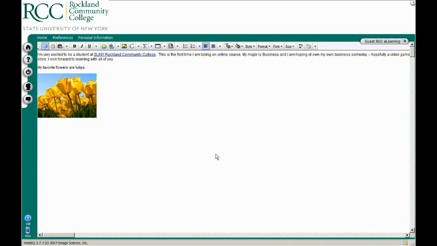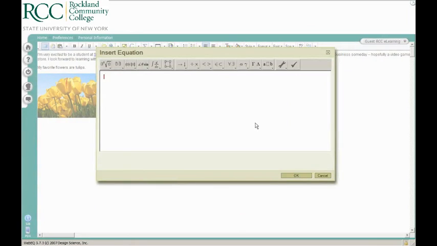So the next item I'm going to show you is the equation editor. This might come in helpful for your math or science classes, but you can also use it for other things. In my profile, I'm just going to make a simple equation. I'm going to click on the Insert Equation editor, which will open up the Insert Equation window, and I can make a simple formula like sun, let's see,